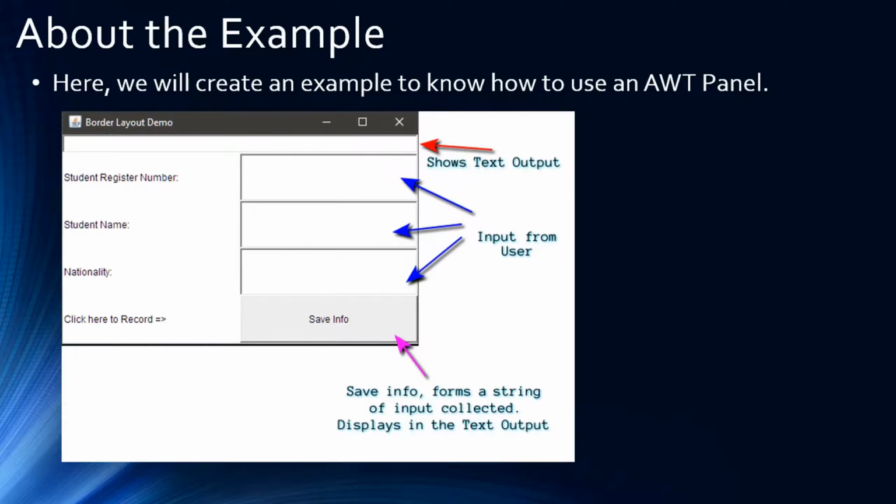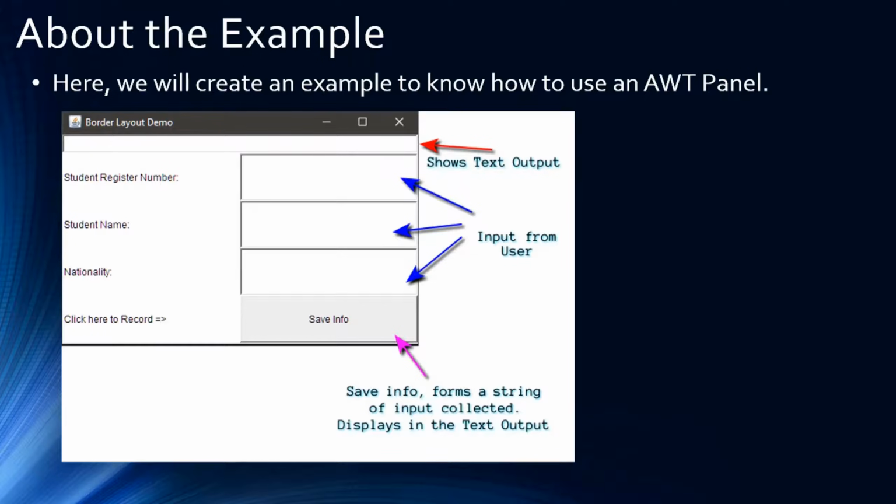Also, there is a fourth control towards the bottom right of the frame window. That is a Save Info button, and towards the left of the Save Info button, we have a label that says click here to record. Once the user clicks the Save Info button, all the data entered in the three text boxes, which is pointed with a blue arrow here,